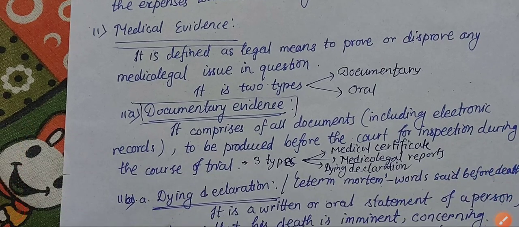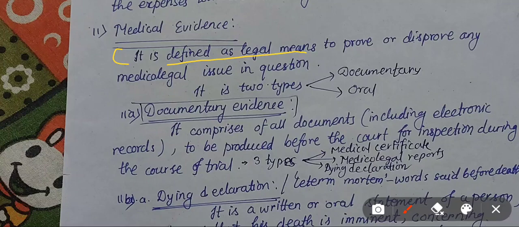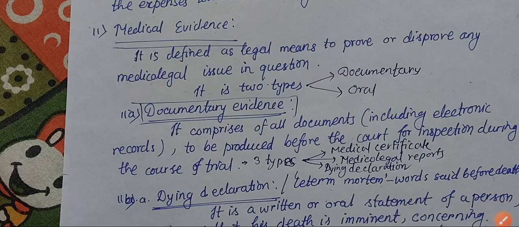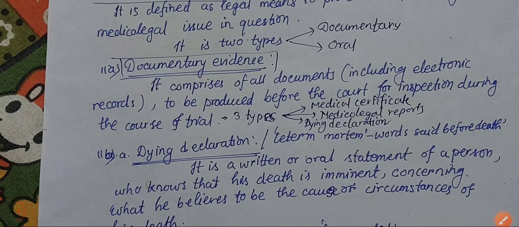About medical evidence. So, what is medical evidence? This is defined as the legal means to prove or disprove any medico-legal issues in question. It is of two types, that is the documentary type and the oral type. Documentary evidence comprises all documents, including electronic records, to be produced before